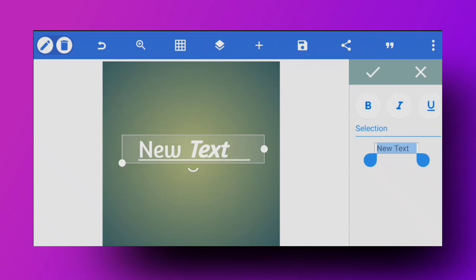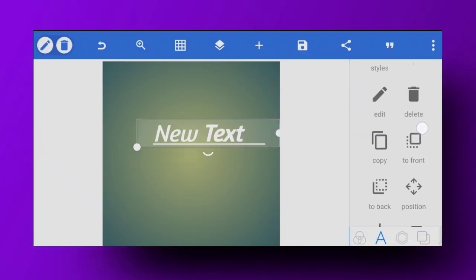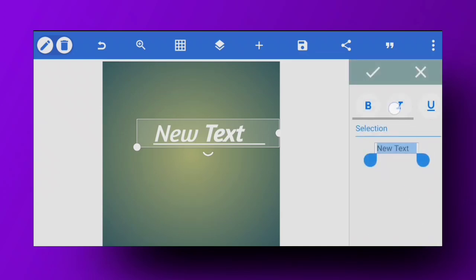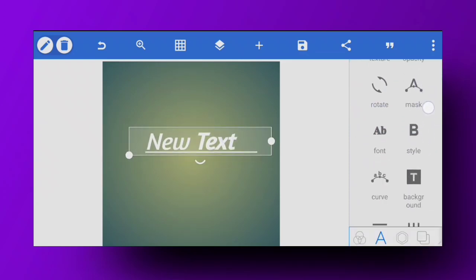That font was not italic, but now it is italic with this function. So there are just three functions: you can add italic, you can bold it, and you can underline the text. That is what we can do with B style.